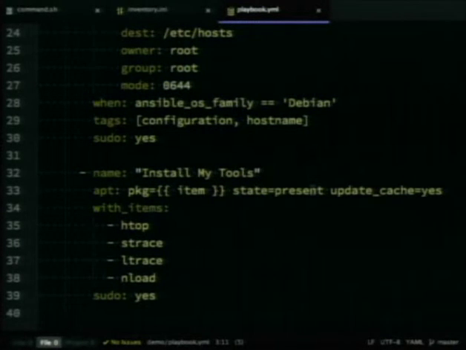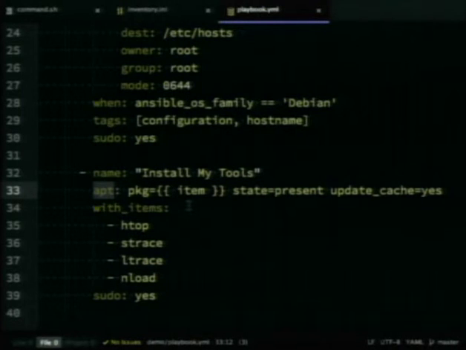I'm going to install my favorite set of tools. I love htop. It includes strace and ltrace as some dependencies, and nload. If you haven't checked these out, they're fun. I'm telling you, riot, party time. He likes them. So, this is using the apt module. It's using a list of items: htop, strace, ltrace, nload. It's going to be running as sudo. Yes, you can sudo tasks.